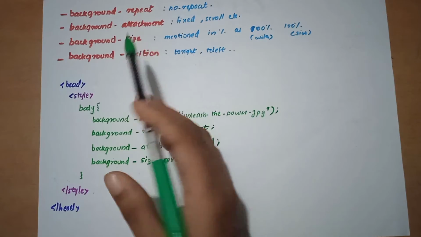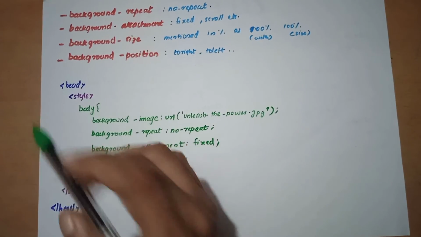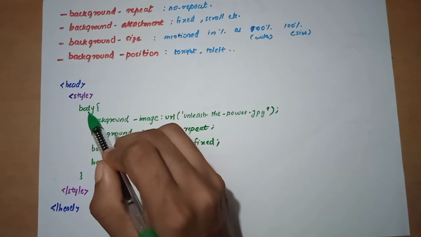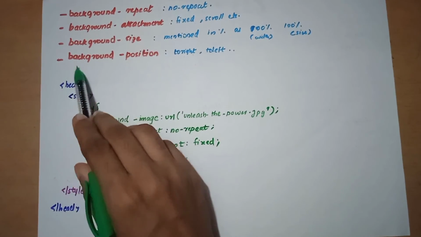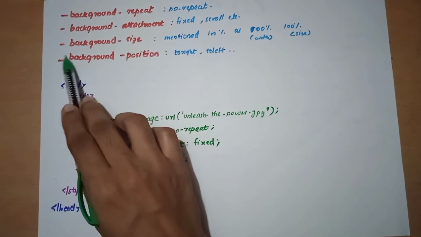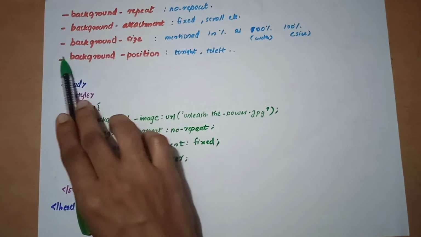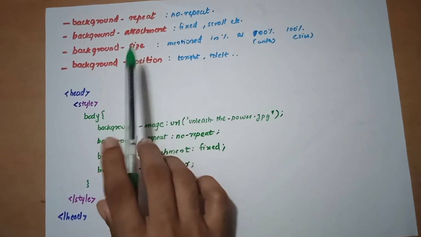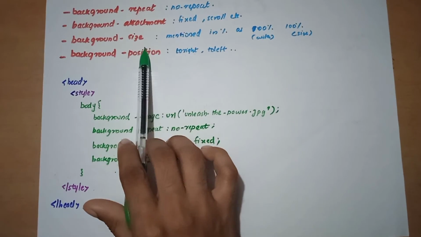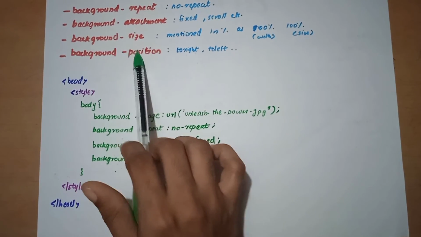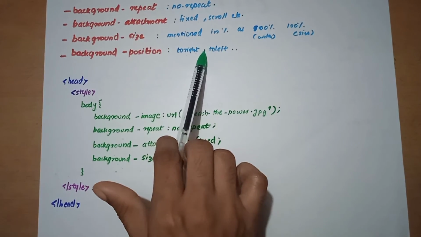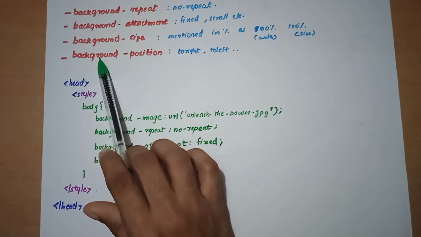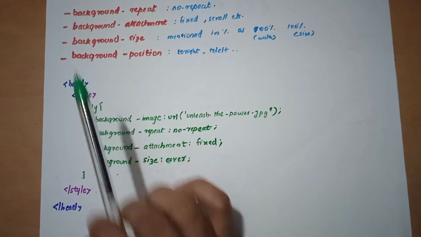As we have already seen how we normally define the color CSS property, likewise you can also use background only. That means background as the CSS property, without using these kinds of extras. So what is the advantage there? You can add every one of these values together in the same background CSS property itself. So how do we define it?